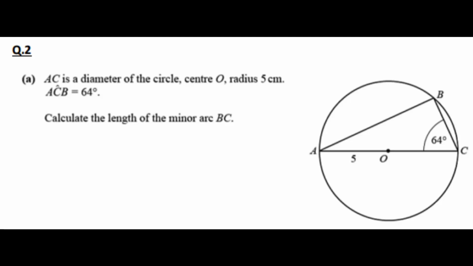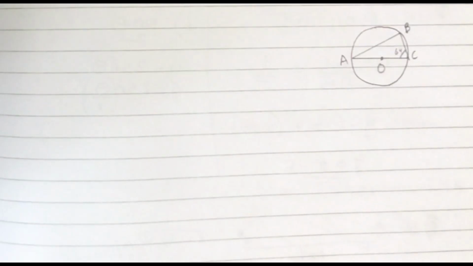Okay, so we have been given a question right here. AC is the diameter of the circle, center O, radius 5 centimeters. ACB is 64 degrees. Calculate the length of minor arc BC. Okay, so as we know that